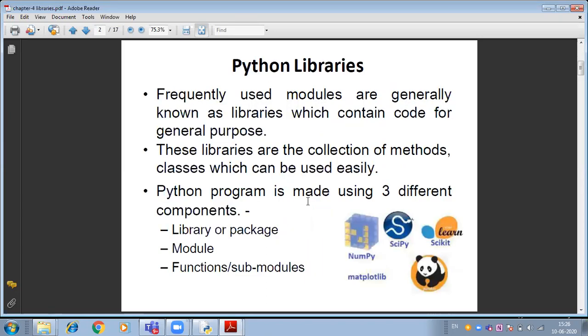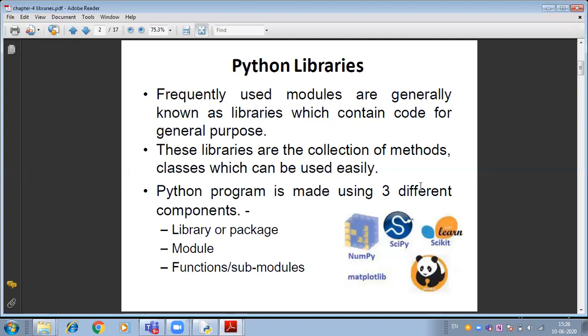A library is a collection of modules and packages that comes together for a specific type of applications or requirement. So एक Python library के अंदर multiple modules और packages हो सकते हैं. Python libraries support different types of packages and modules. There are various libraries. Few are written here on this page, which is on your screen. They are NumPy, Matplot, SciPy, or Pandas. There are various other libraries also in Python.